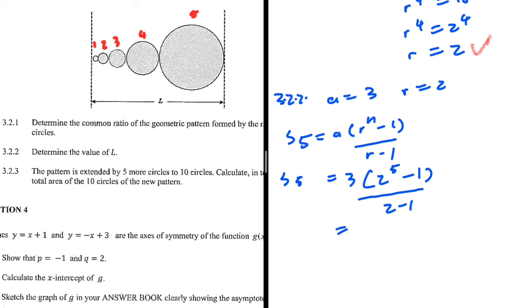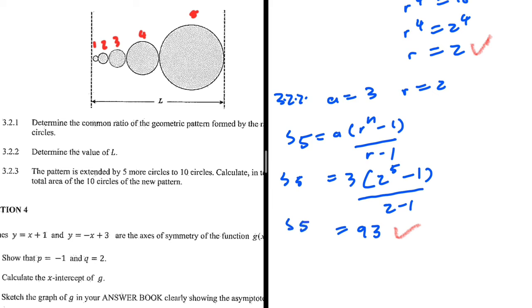We have 3 multiplied by 2 to the power 5, minus 1, divided by 2 minus 1. This is 93. We can actually do this manually also and see if it is correct. We can actually do this manually instead of using an equation, right? So that is 3.2.2. We're not done because this is the sum of the radiuses, and we are seeing that